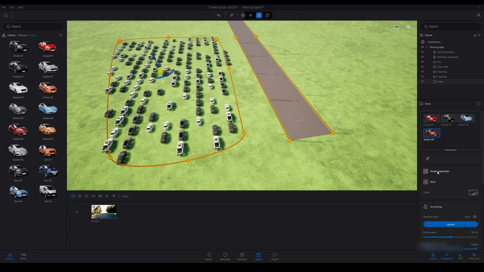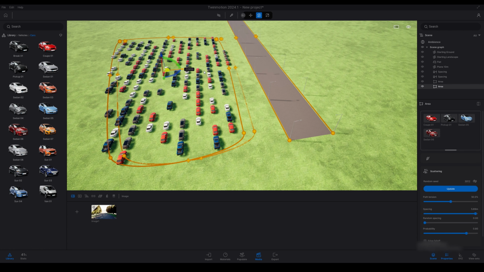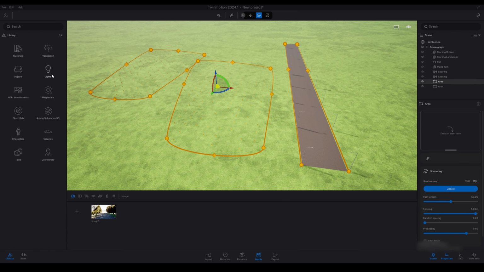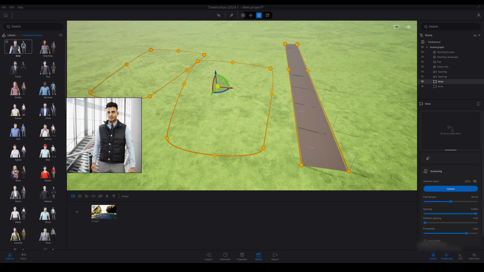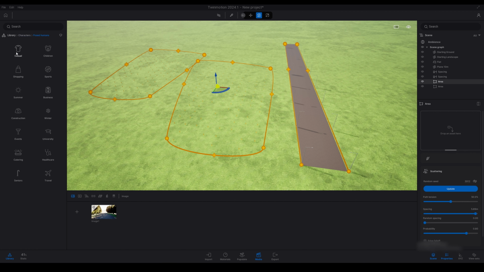You can also select on the vehicles and then select asset properties, and within these asset properties you have settings for each asset. That's if they're a Twinmotion asset and they have asset properties related to them. So we're just going to go ahead and place some characters in here now. I'm just showing you that we cannot use animated characters, so animated characters will not work. So we have to go back and select a posed human. Just add any posed human in there.